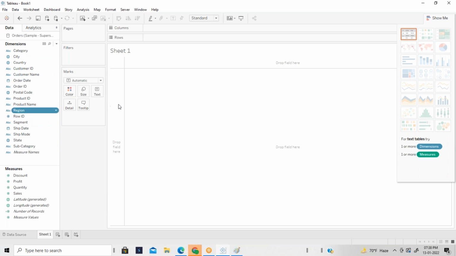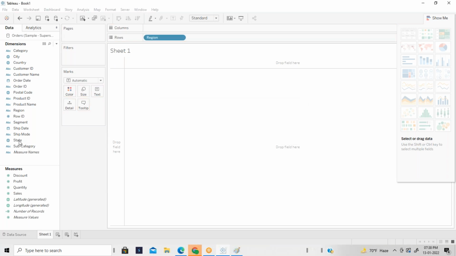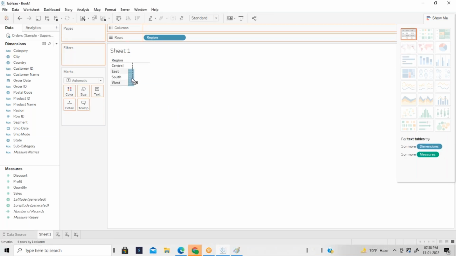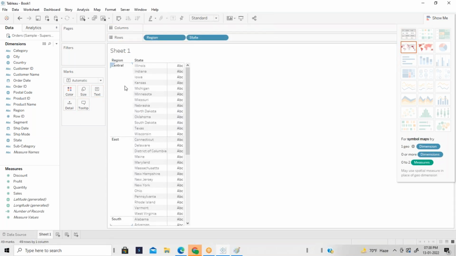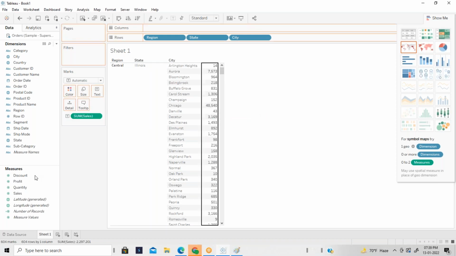Okay, let me just take region and state. I'm also having the city. I'm just trying to create a very simple case: region, state, city, with sales, profit, and quantity.